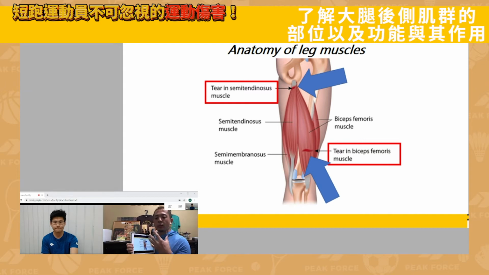So just like any other injuries, the reason is not just from one factor. The reasons for hamstring injury come from different factors. So keep in mind that the top part and then the bottom part of the hamstring injury probably come from